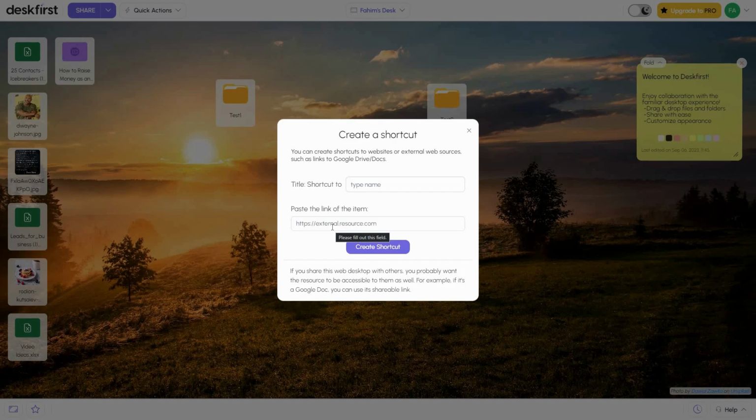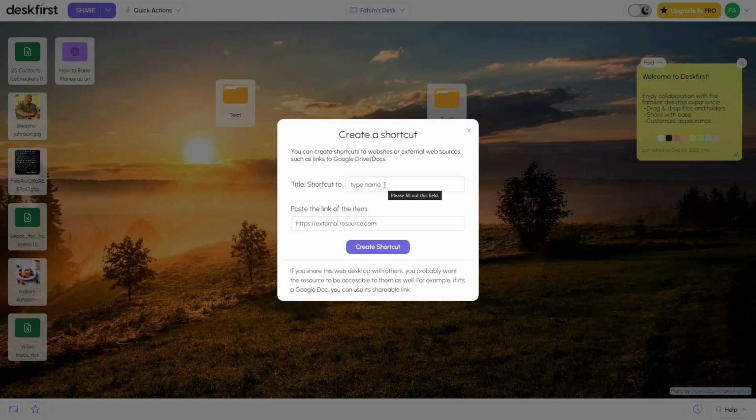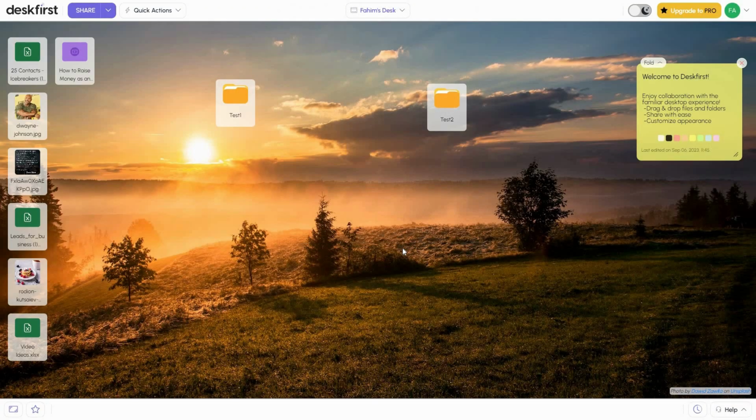So let me show you that. I want to keep the link of this file on my Deskfirst desktop. So all I have to do is copy the link of this Google Doc file. And then I will come to this create a shortcut option, then type the name, and then I will paste the link on here. And if I click on create shortcut, as you can see, the shortcut has been created,